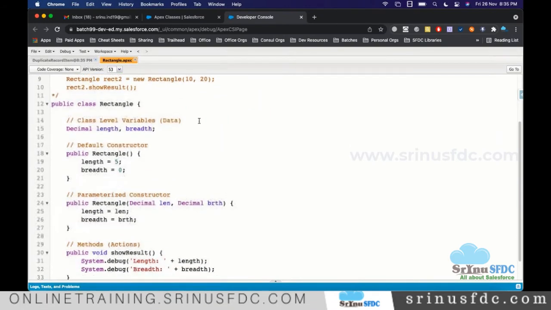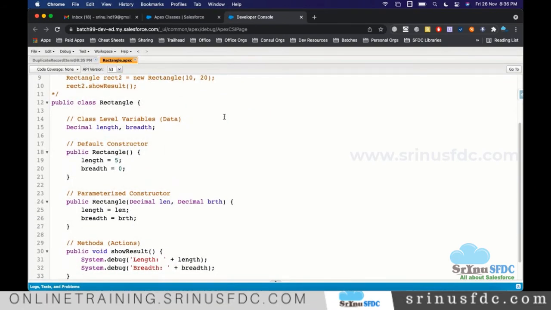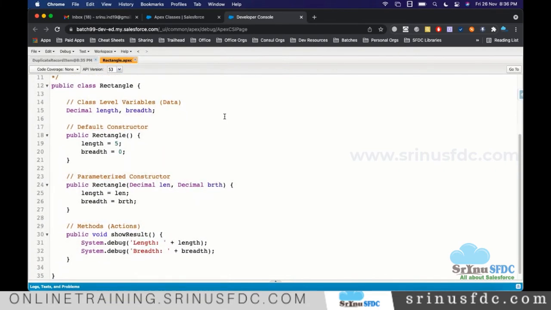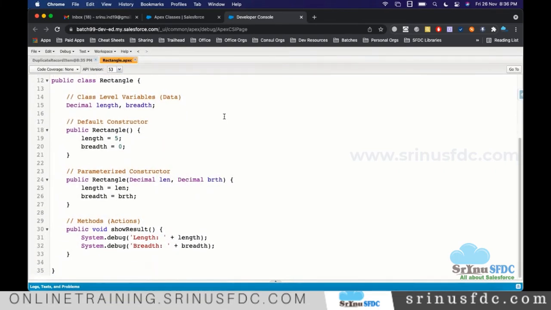So to summarize what we created yesterday, we just created one Apex class. In day-to-day terms, it is like a plan. The plan of a car on paper is like an Apex class.